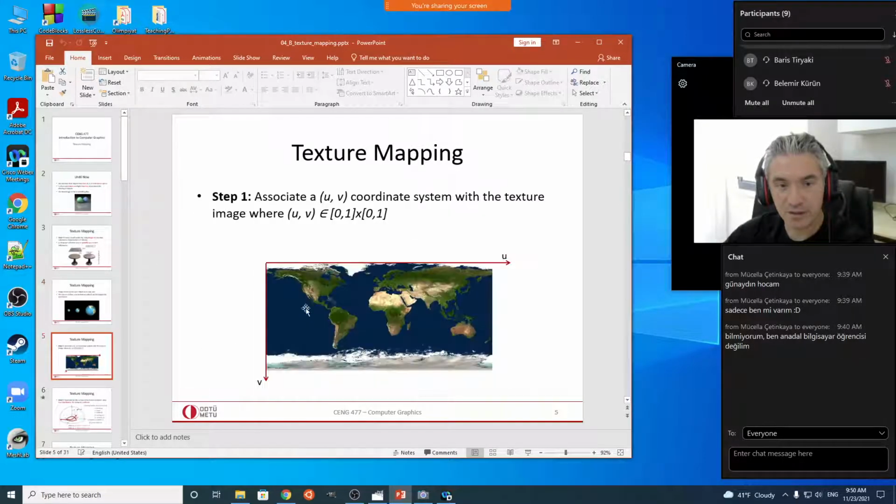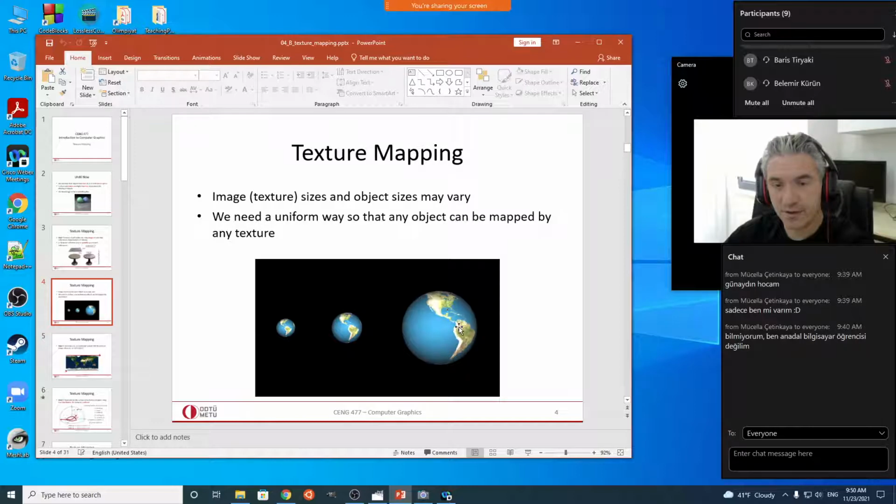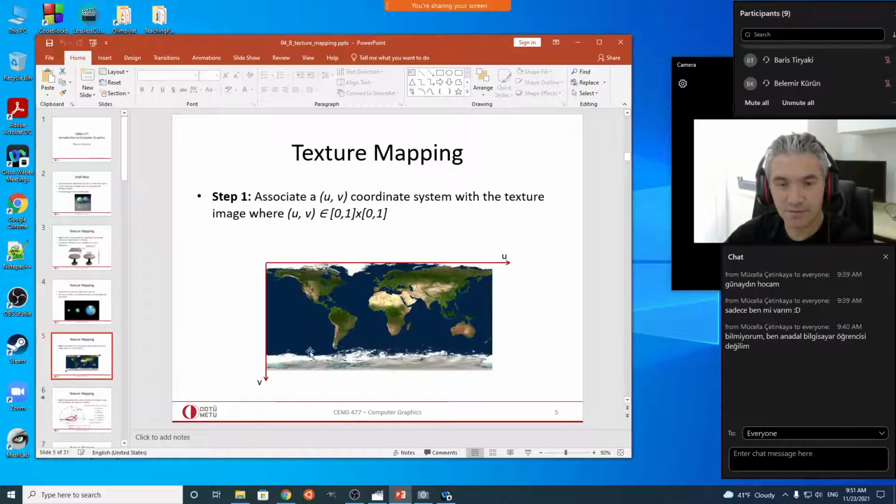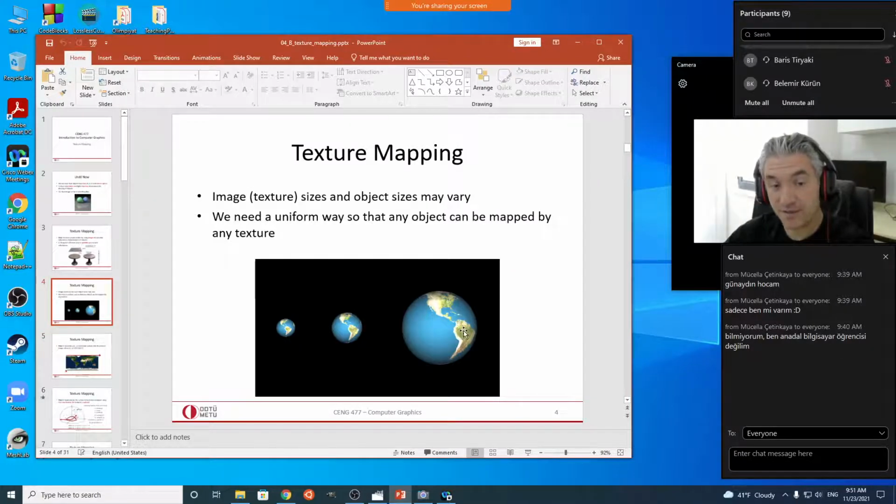So look at this one. We had this world map, or image, which is 2D. But on the other hand, the sphere is 3D. I mean, how can you make a one-to-one mapping between something here and a sphere like this? The idea is